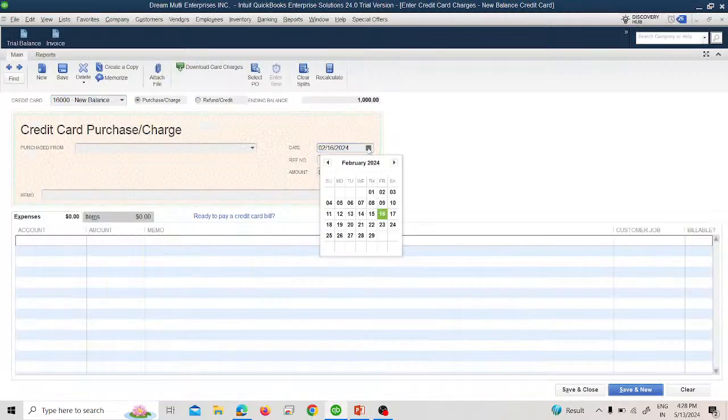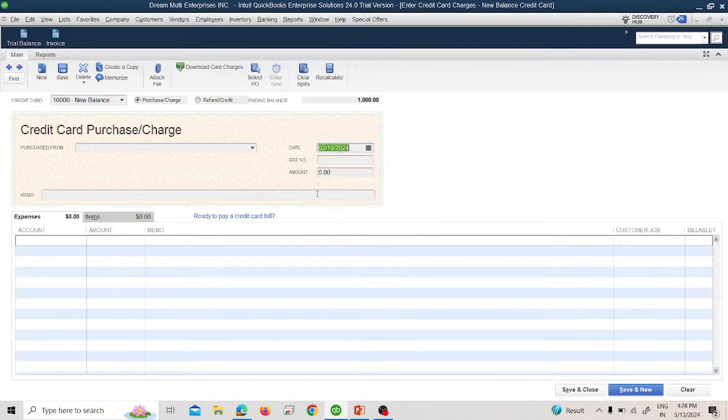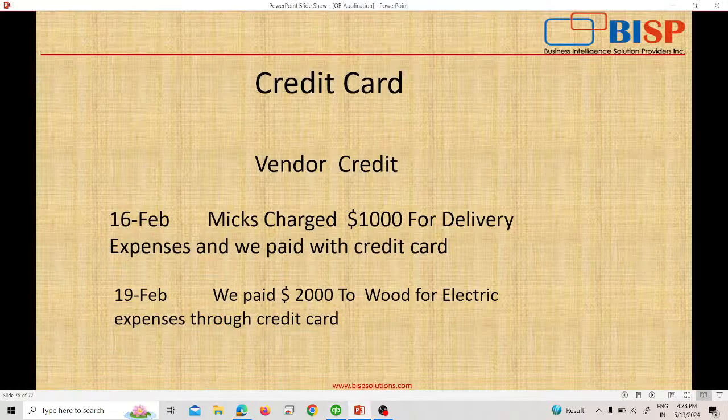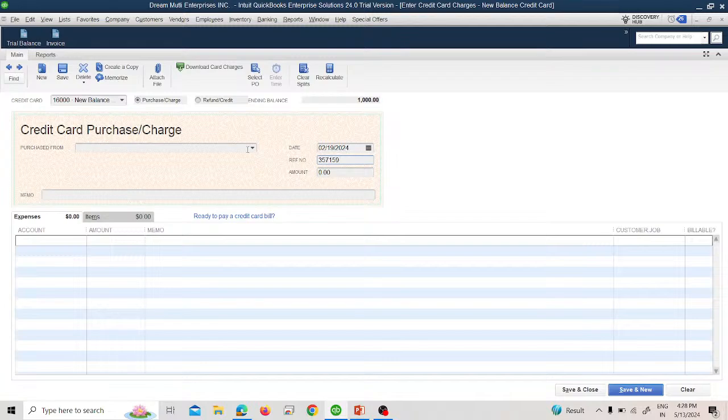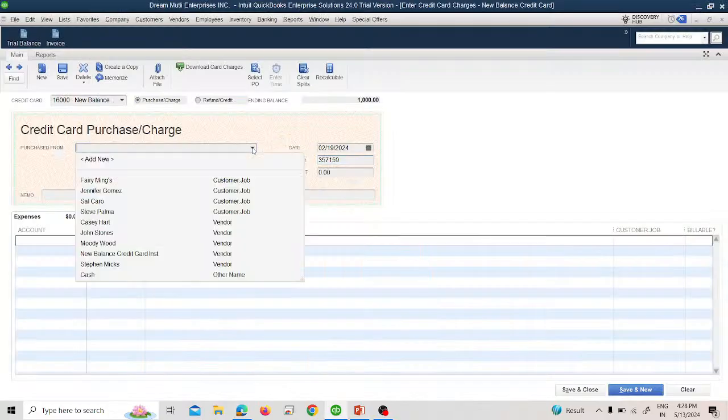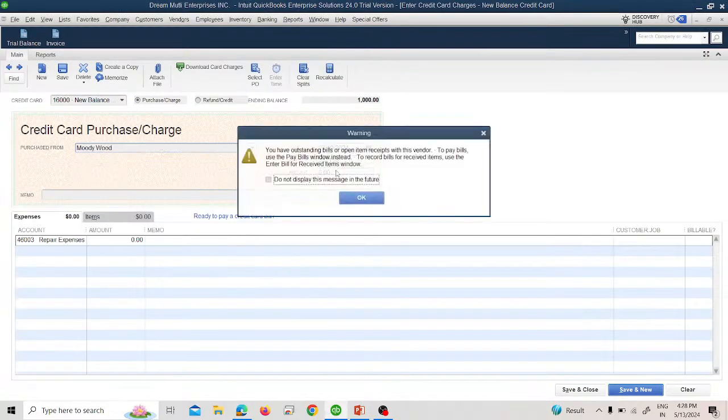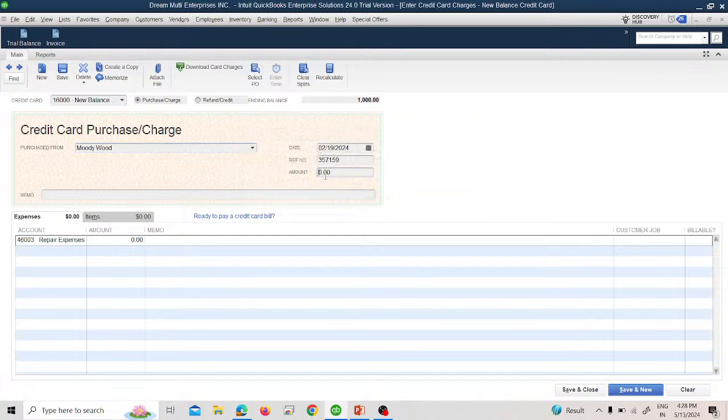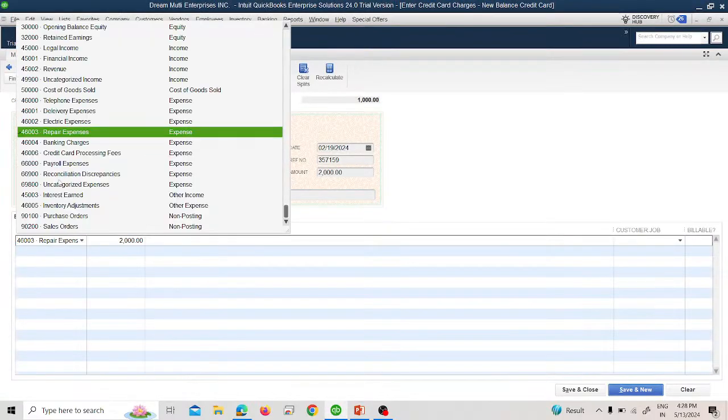It says on the 19th of February 2024, the reference number we have to give again, and the amount is of and from whom, from Wood, so that is Moody Wood is coming. Okay, and give it $2000 for the electric expenses,